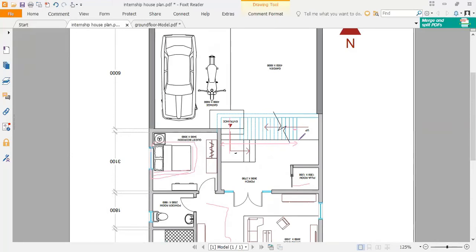But you can also do one thing, just a suggestion. How many treads have you provided? 1, 2, 3, 4, 5, 6, 7, 8, 9, 10, 11, 12, 13, 14, 15. This one will be 16, 17, 18. Okay. So basically the height you have provided is around 150, I guess. Yes, sir, the riser height. So to accommodate all the steps, you have to reduce the tread size.